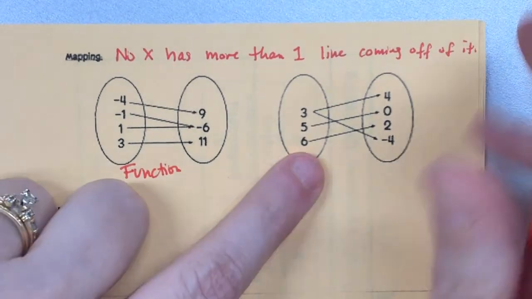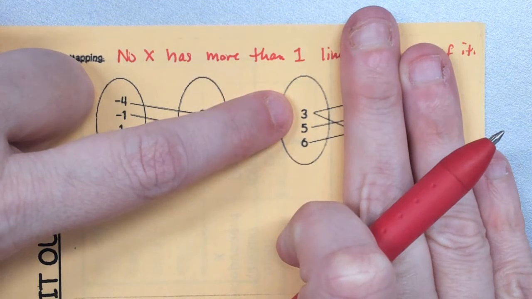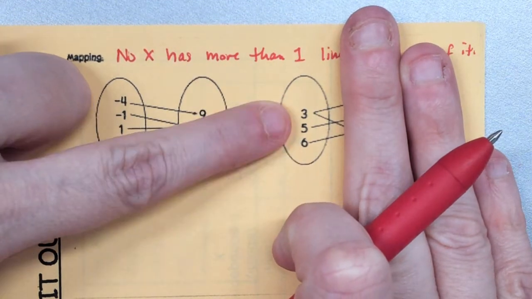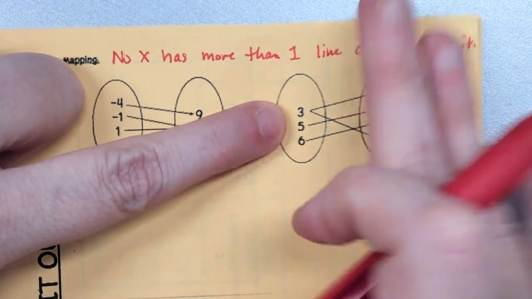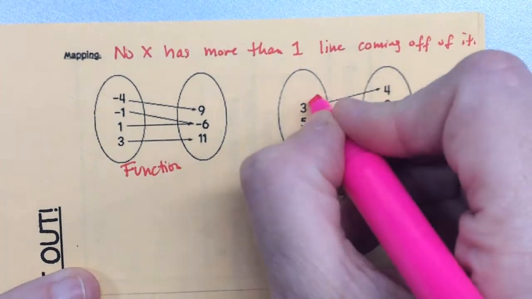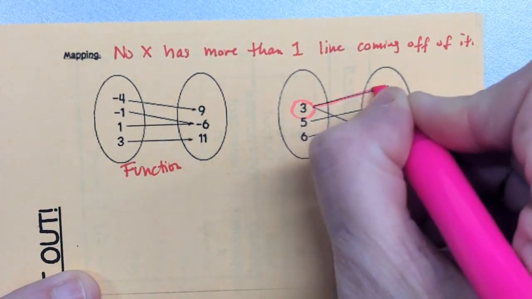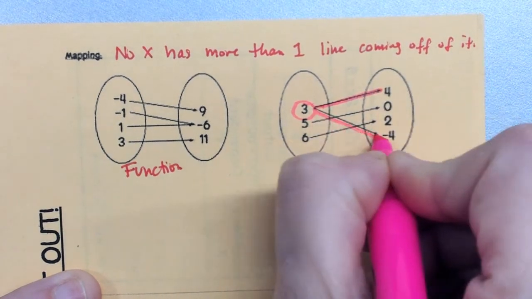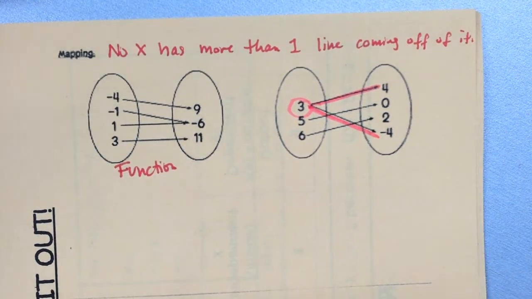Okay? What about this one? Is this predictable? What's wrong with it? The 3 button has 2 possibilities. Okay? So right here, this 3 could go to a 4, or it could go to a -4. Now,